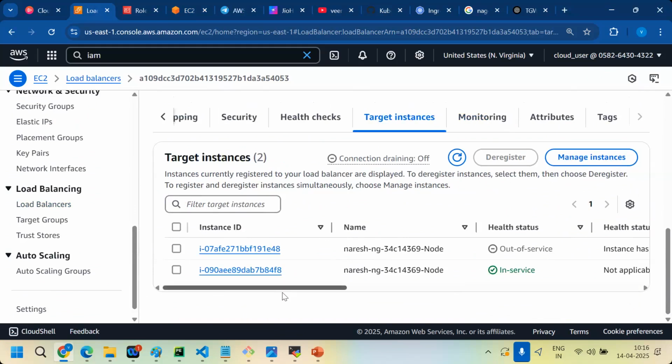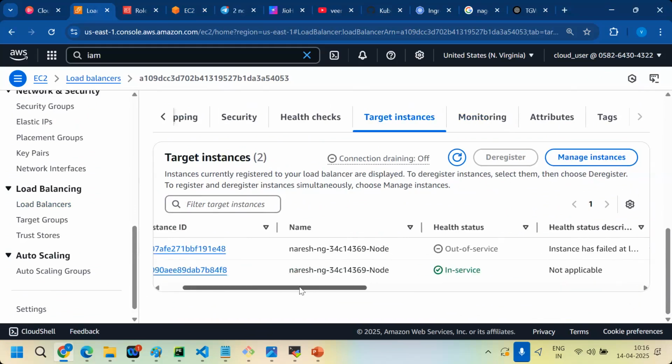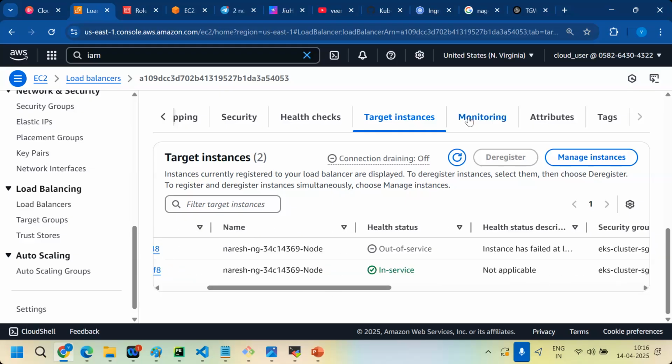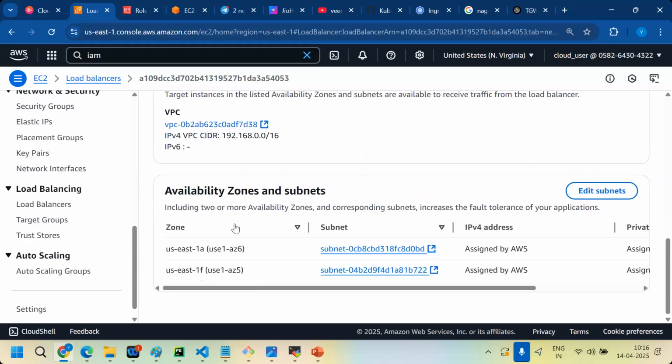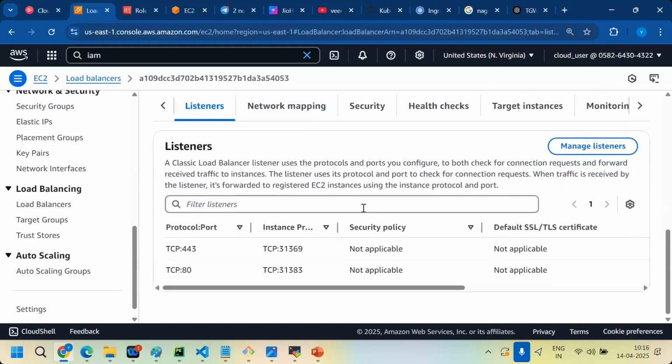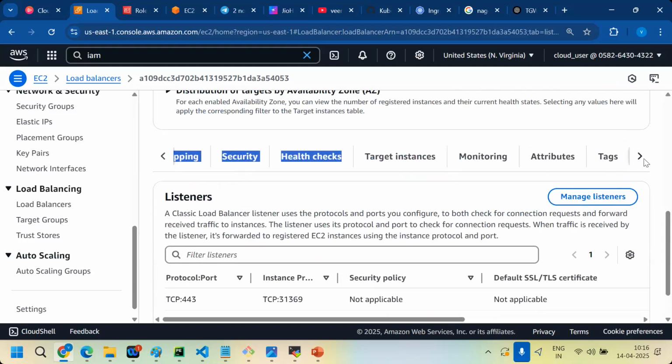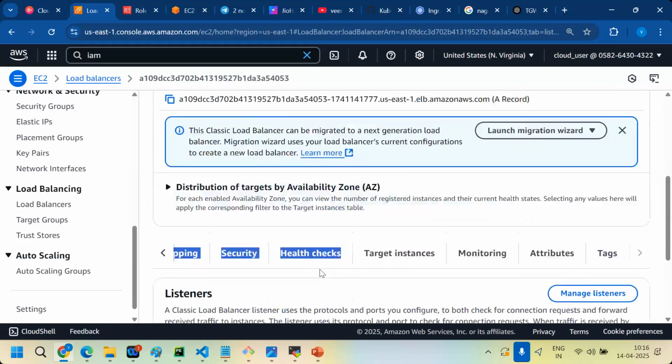See, the target instances are already created. Why is it showing one instance has failed? Anyway, the target group, no need to create, right? But in the manual, monolithic process, we should create a target group, add registered instances, then create a load balancer. But a single ingress controller will take care. So this is the network mapping. These are the listeners. You can just go through this, how it is handling, and you can understand.